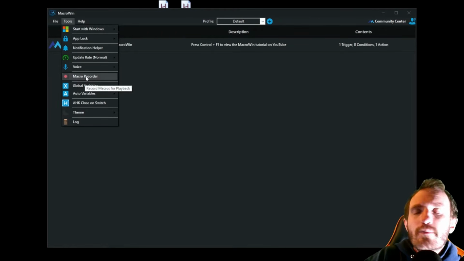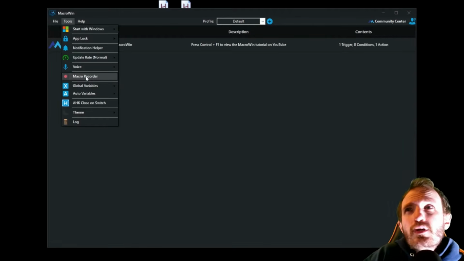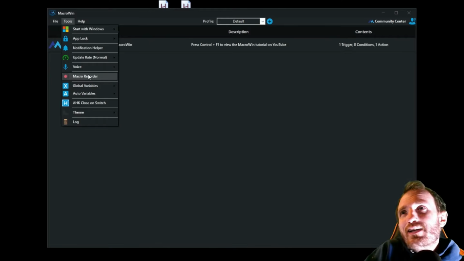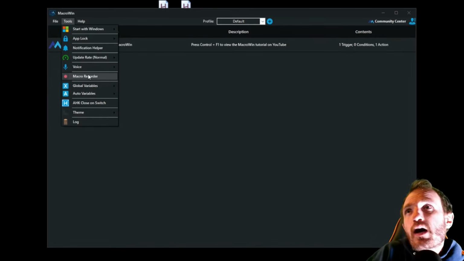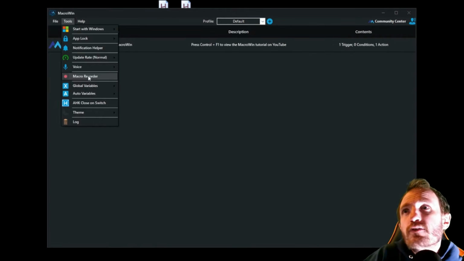So here's the macro recorder, which I know a lot of you are going to be using, just because it's simple. But just know when you use a macro recorder, something as simple as moving your mouse across the screen can add a lot of extra steps that are unnecessary. So it's useful in a bind if you need something really fast, but I think it's better to manually do stuff. But there's a lot of stuff in here for you to explore.